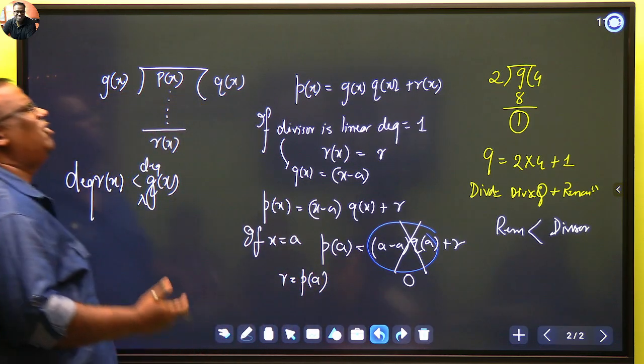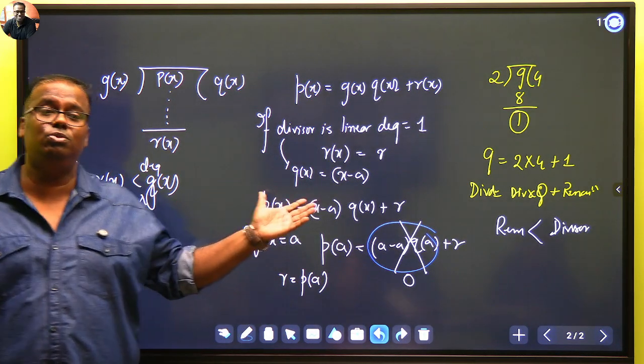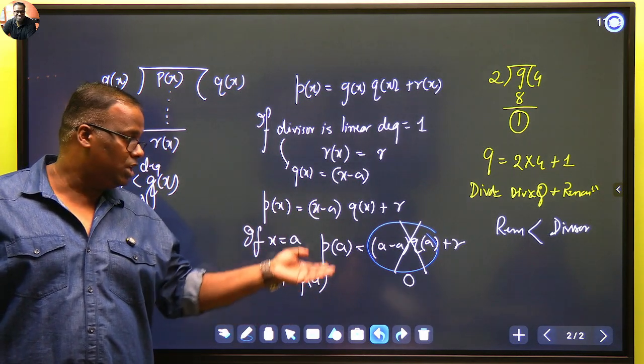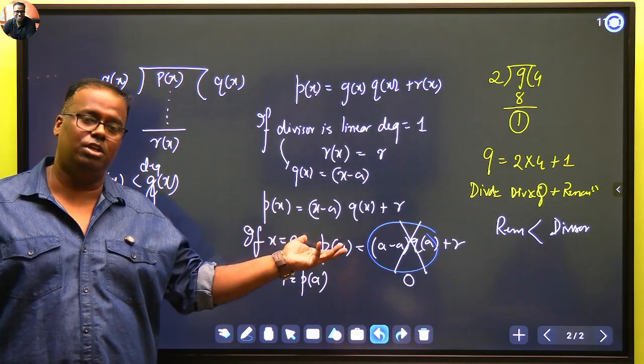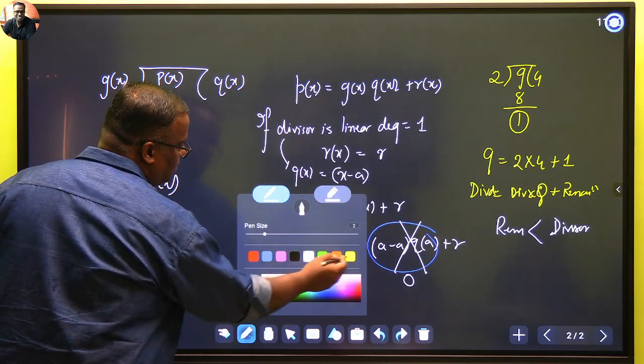Sir, why? How does it help you? It helps me because I need not do the long division. Looking at the divisor, you can straight away predict what will be the remainder. But remember, in the real world, the divisor may